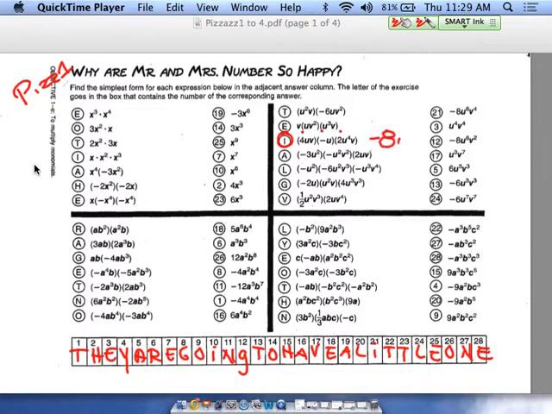I write the variable u one time, and then I add the powers. I have 1 plus 1 plus 4 is 6. I write the variable v one time, and the power on v becomes 1 plus 1 or 2. And then I look for -8 u^6 v^2, and I'm sitting right on top of it, number 12 right here, so you can see that. Moving on down,